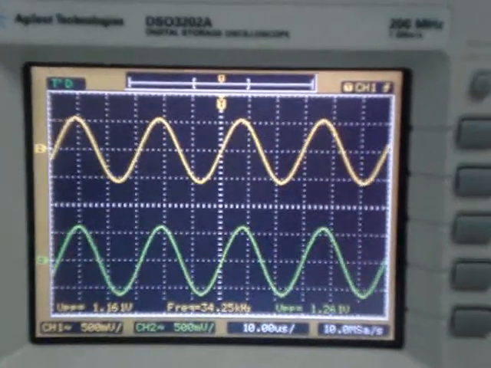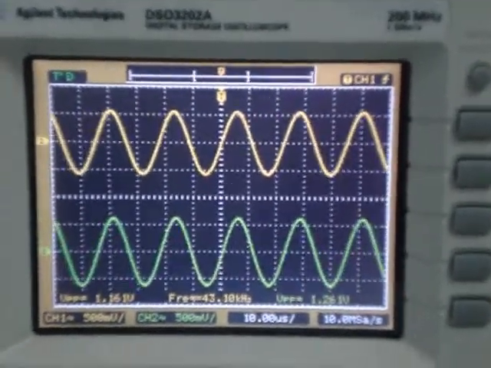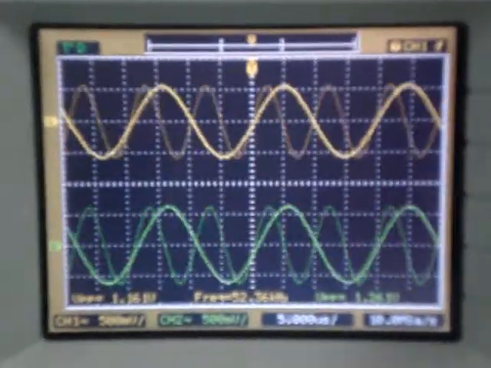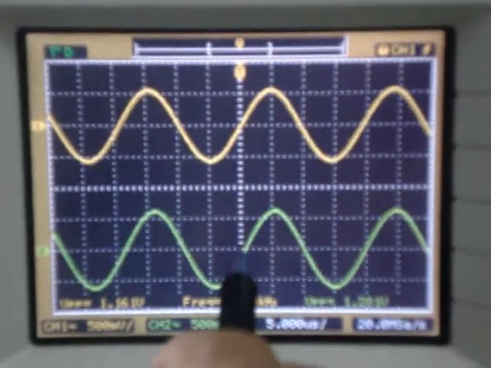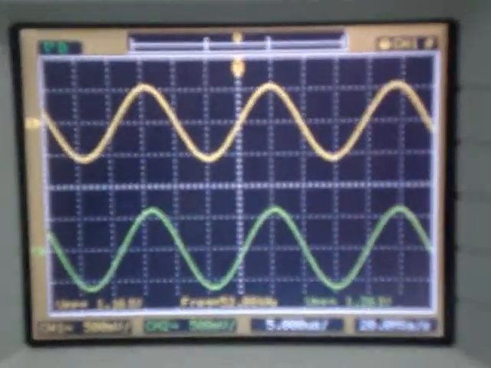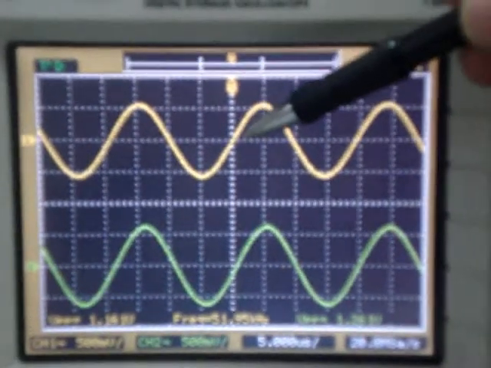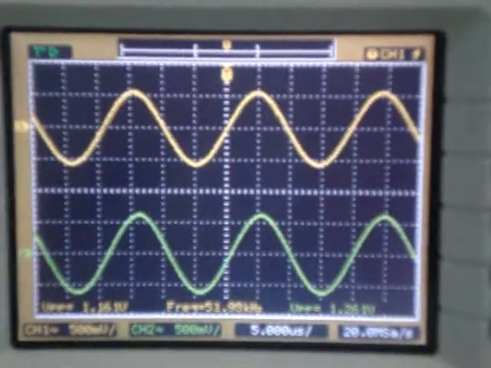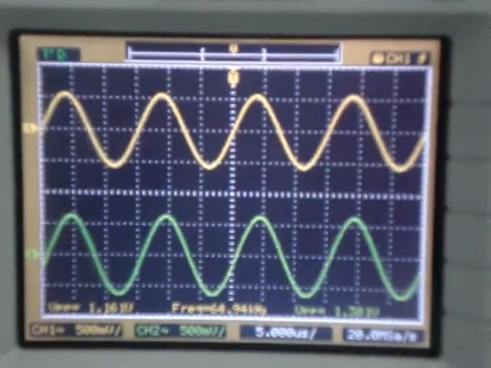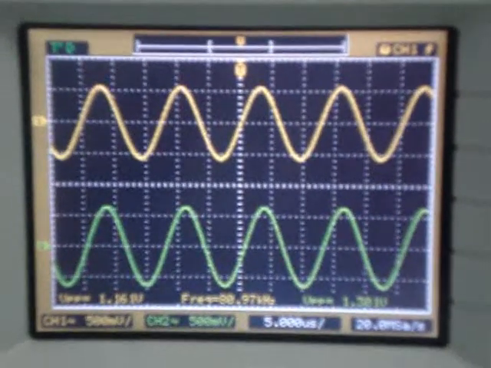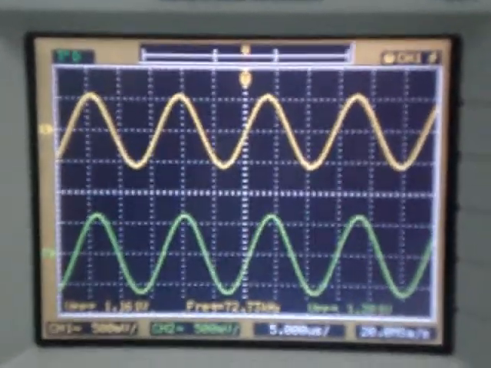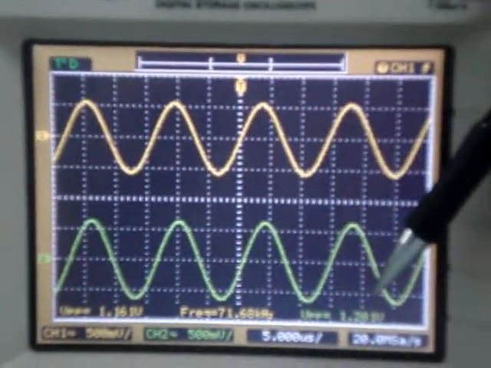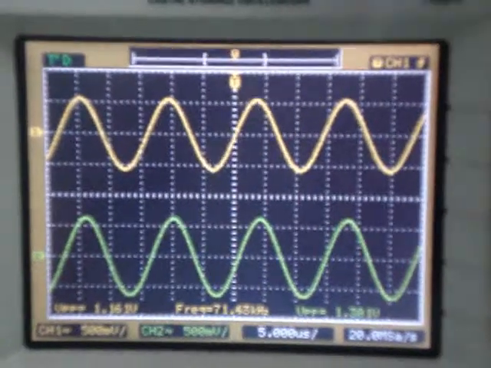As we increase the frequency further, say let us take it at 50 kilohertz, we can observe a more prominent phase difference. The input starts 0 over here, and the zero crossing is delayed by 0.2 units. Next, increasing the frequency, say to 70 kilohertz, the phase difference also increases, and we observe that the gain remains almost constant.